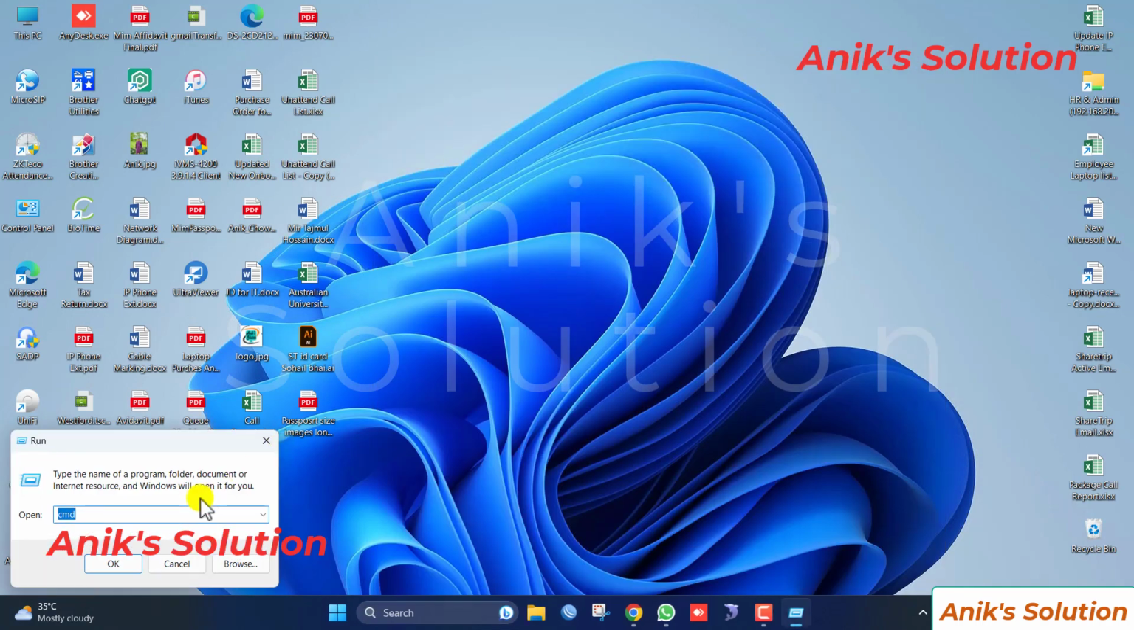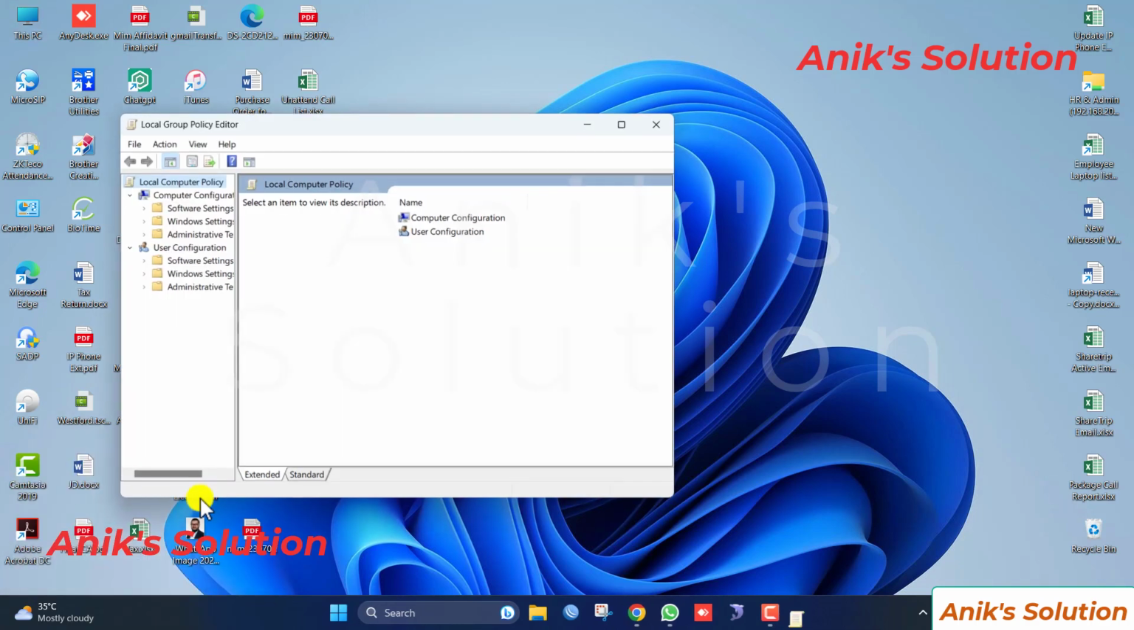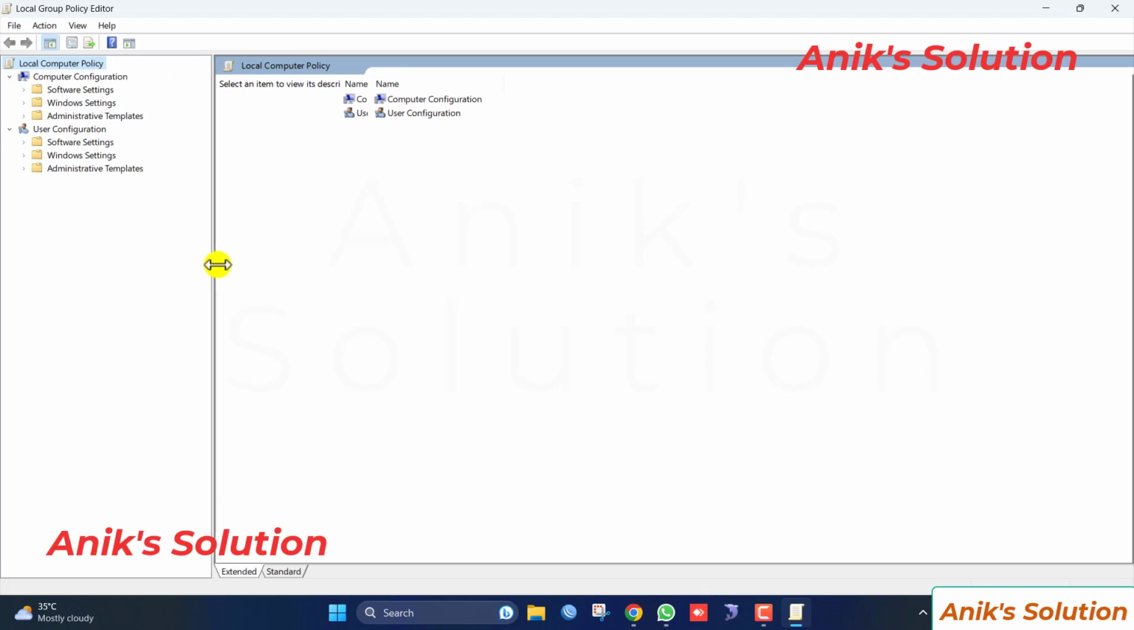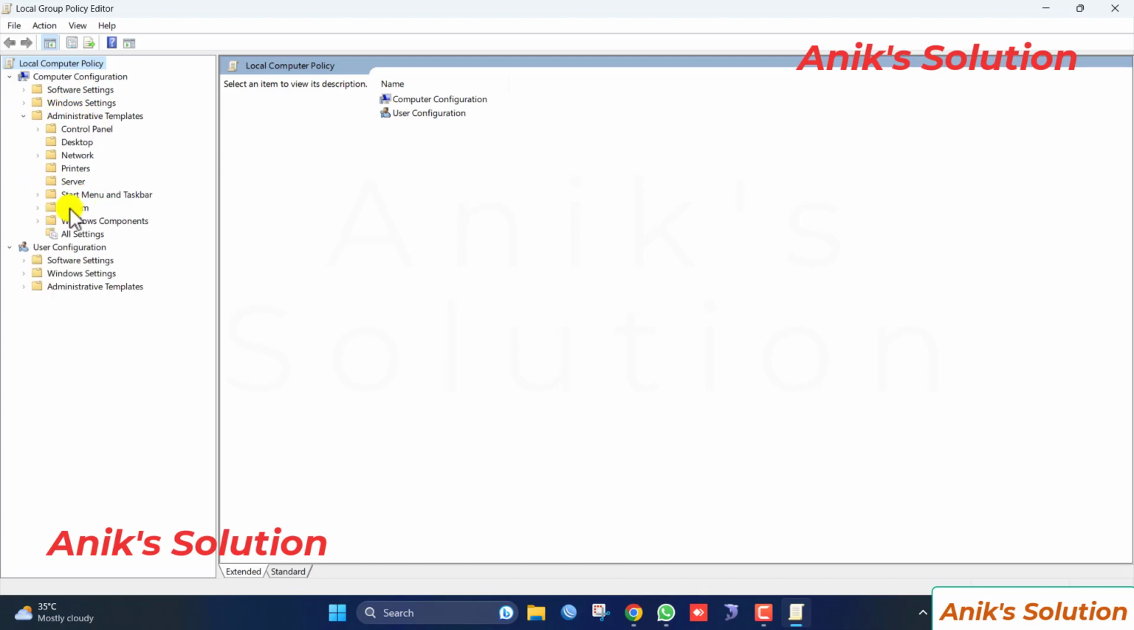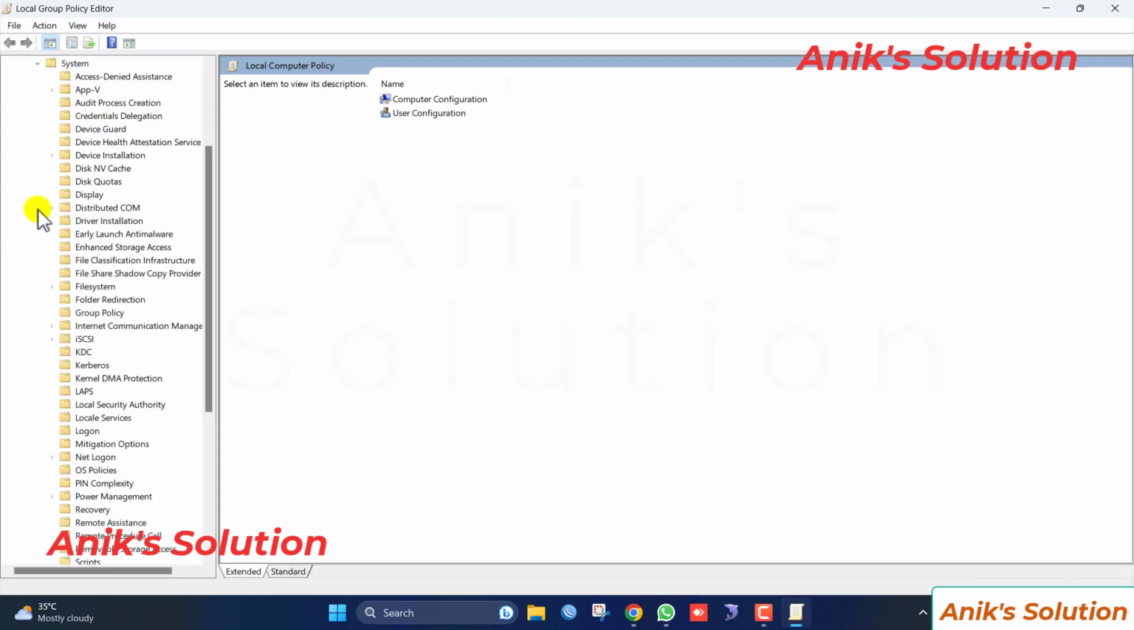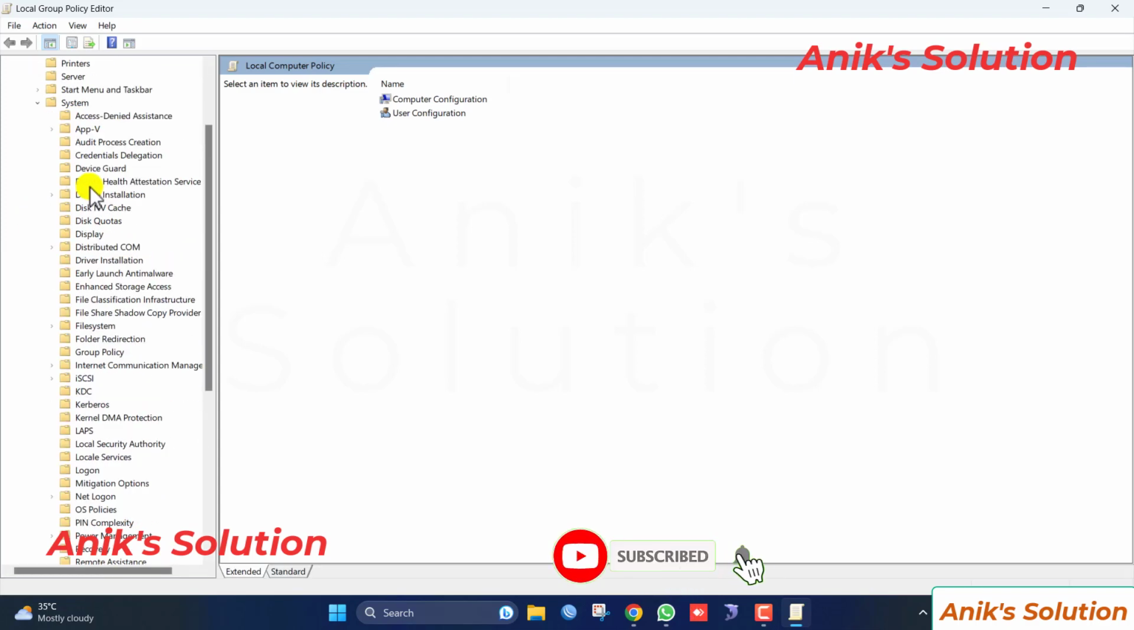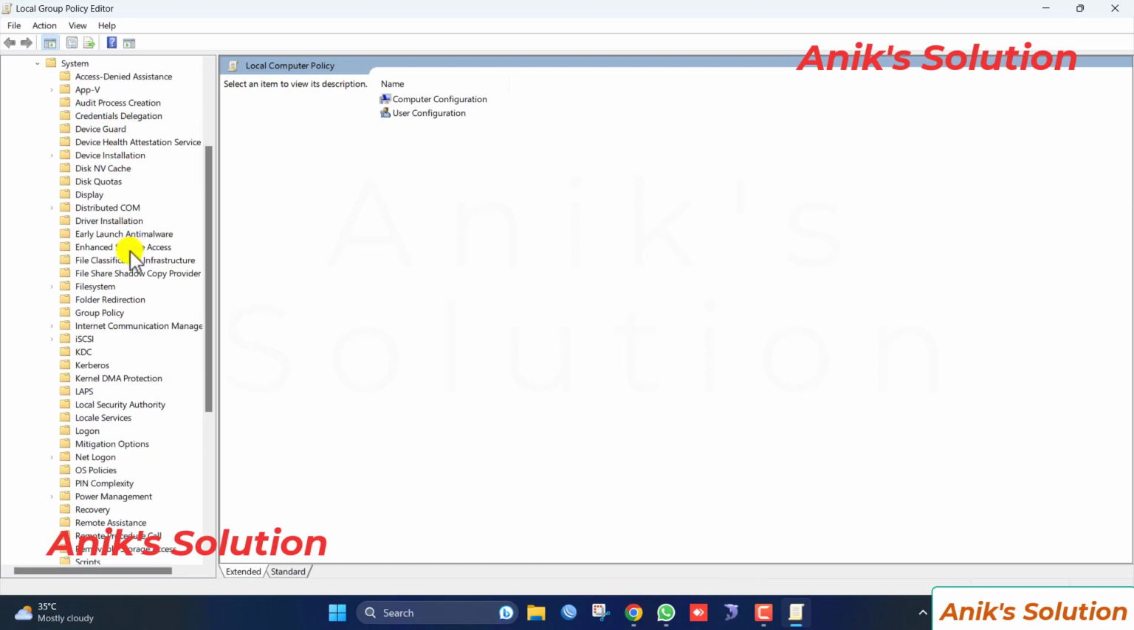and here we type gpedit.msc, and here is the Group Policy Editor. Go to Computer Configuration, then Administrative Templates, and go to System. Here is System, and we explain this System bar, then go down to this option,